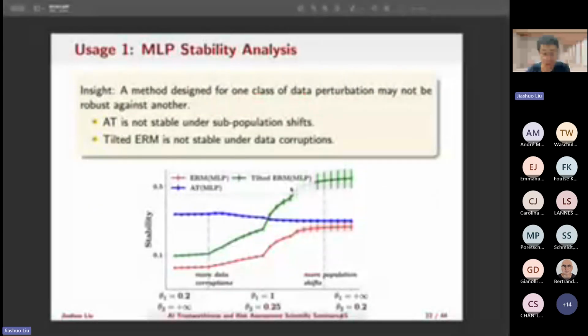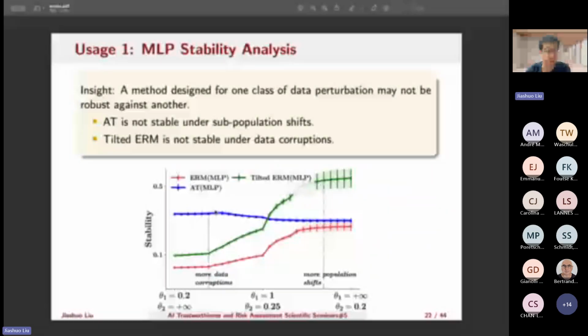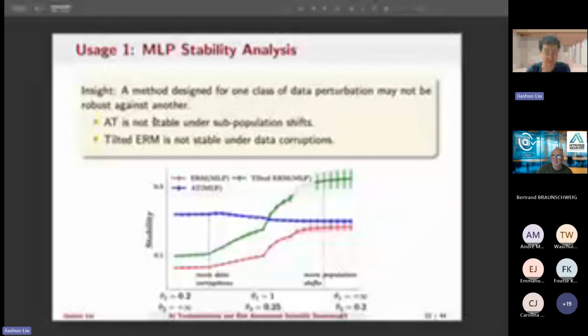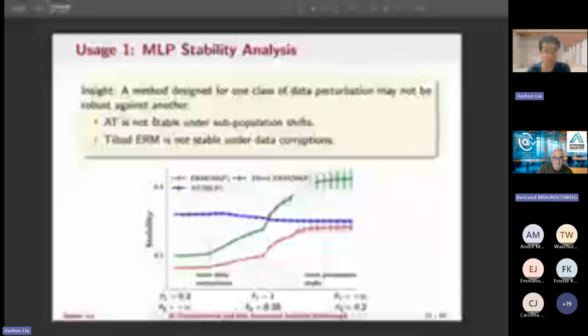In this figure, we change the relative ratio of the two kinds of perturbations. On the left side, our metric considers data corruptions more. On the right side, our metric considers subpopulation shifts more. If the curve is higher, it means that your model is more stable. From these results, we can see that a method designed for one class of data perturbation may not be